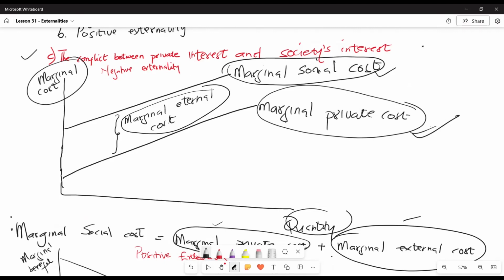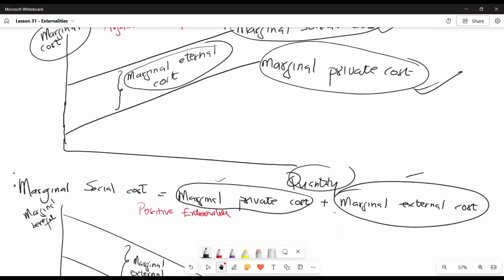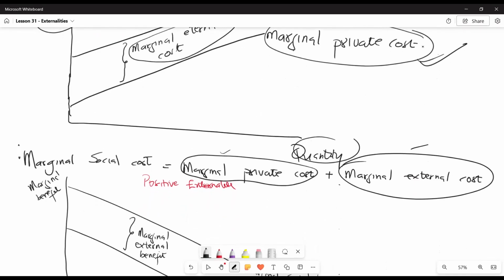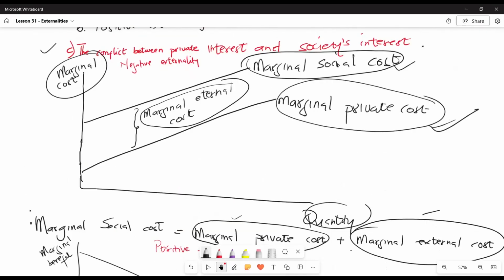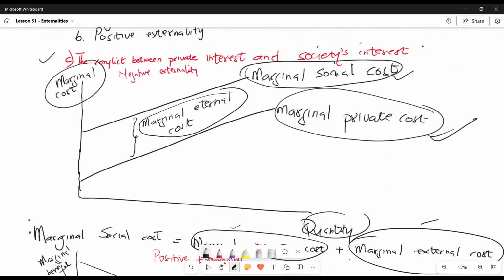But from society's perspective, both the marginal external and private cost are relevant. Hence, society's marginal cost is going to be equal to the marginal external cost, which is the external cost on third parties that producers are not taking into account, plus the marginal private cost to that producer. Now, if you look at these two curves, you can see that the society's cost lies above the seller's private